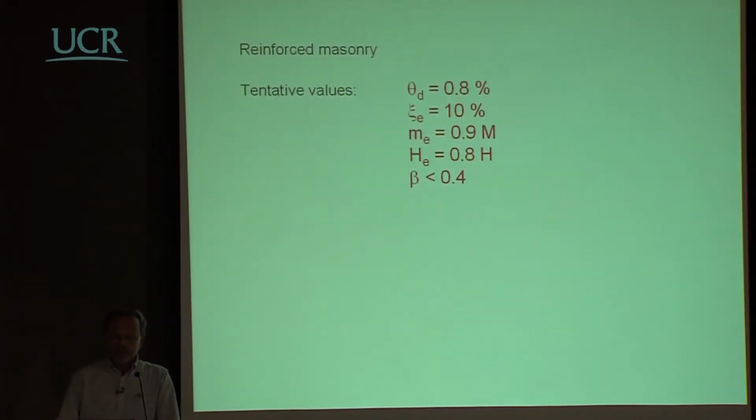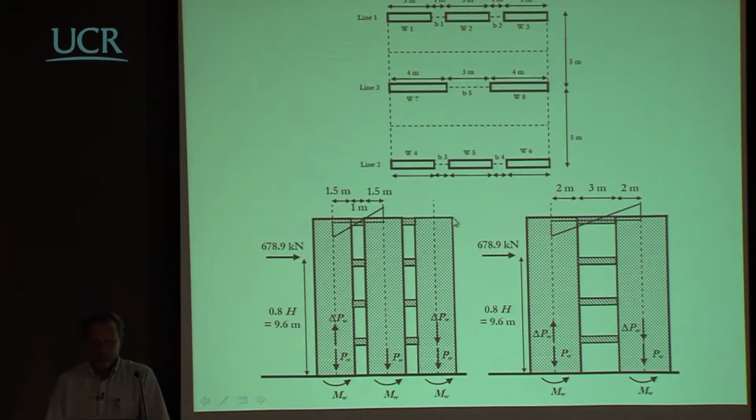For reinforced masonry, you do something similar. You start from a certain value of rotation, and therefore you evaluate what your design displacement could be. You assume a value of the damping, a value of the equivalent mass, and you do exactly the same procedure. Also, for the case of reinforced masonry, you will find an example in the book,